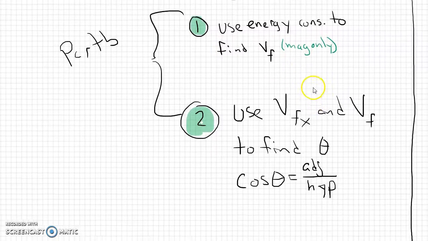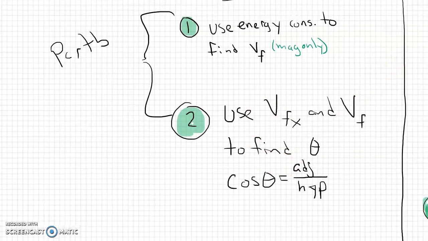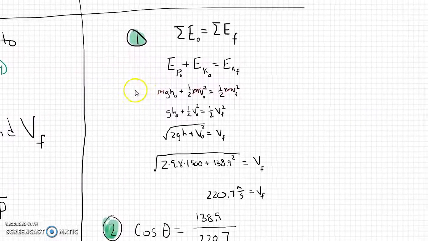So to find direction, we will know the resultant velocity. We will also know the original velocity in the x direction is also going to be the final velocity in the x direction because there's no acceleration there in the x direction, mind you. And so we're going to be able to find an angle that way. So to actually put this into practice, to implement,